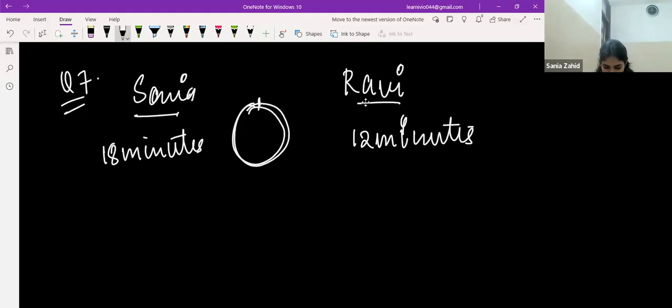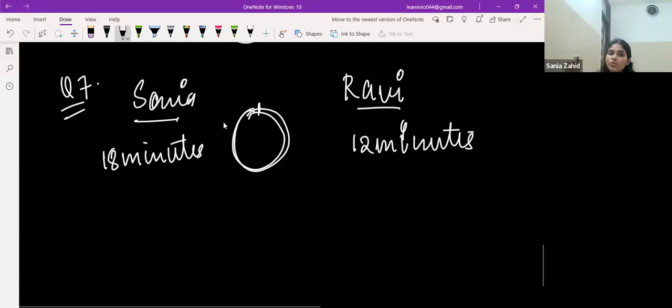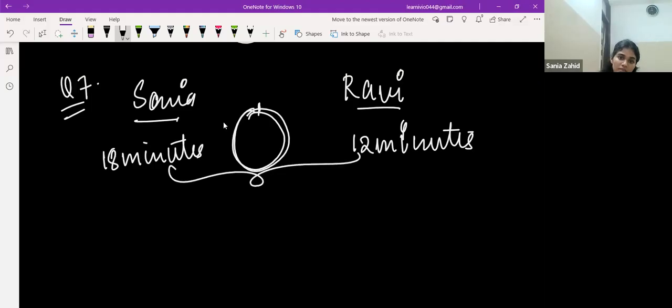LCM is 2 square into 3 square. LCM is 36. That means after how many minutes are they going to meet? Sonia took one round in 18 minutes, another round in 36 minutes. Ravi will take one round in 12 minutes, another round in 12 minutes, and the third round. So when it is Sonia's second round, it will be Ravi's third round. Okay, and they are going to meet at that point. So they will meet